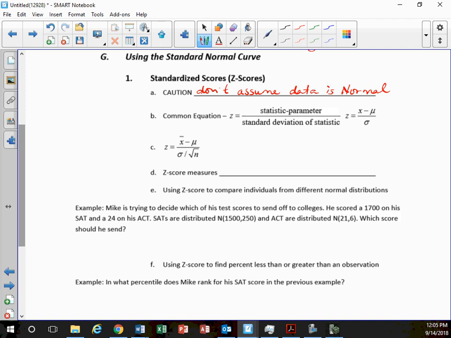All right. So what we use for the z-score, I have two different equations for you up here. This is the one we're going to use the most right now. It is whatever your score is minus the mean, divided by the standard deviation. That's what we're looking at. This is the more complicated version, but it means the same thing, because what we're doing right now is looking at one individual score. If we want to know how your SAT score compares to everyone else,